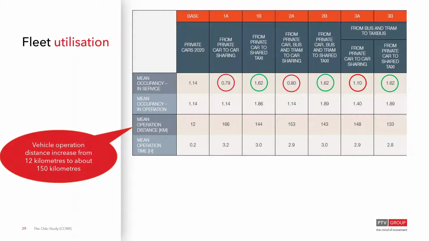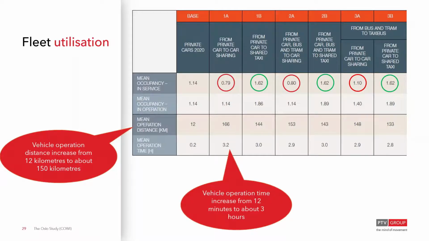If we look at the vehicle operating distances, the left-hand column shows 12. This is the average distance the vehicles are traveling in Oslo for each trip, 12 kilometers. Well, now the vehicles are running around the clock, and you can see they're up by a factor of 10 to 15 longer in distance. So I said before that a vehicle is on average driving an hour a day. Well, if you're traveling 10 to 15 times further, then these vehicles are being utilized across a 24-hour period, 10 to 15 hours. In our 4-hour period, you can see that bottom line is showing that the vehicles were operating about 3 hours out of the 4.